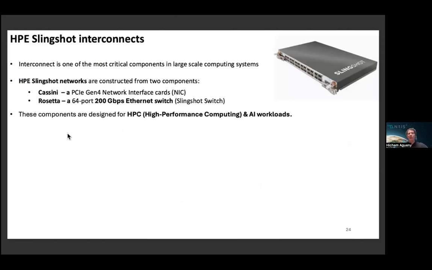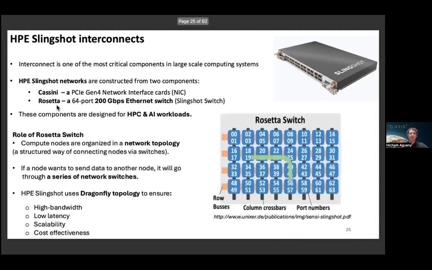So the HPE Slingshot network consists of basically two components. The Cassini network interface card, which I have briefly talked about, and the next important component is the Rosetta switch. The Rosetta switch comes with 64 physical ports, and this is an important component in combining thousands of compute nodes together. So the role of the Rosetta switch is that it enables organizing compute nodes in a very structured way in a